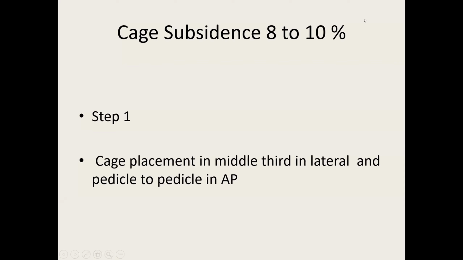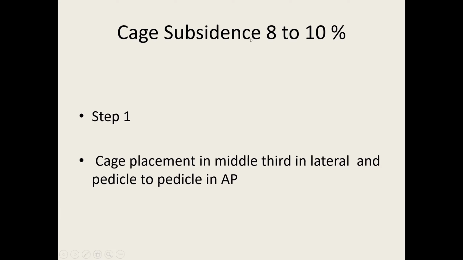The second most common complication is cage subsidence. It has been reported at almost 8 to 10%. Now, how do you reduce the incidence of cage subsidence? One has to be very careful, especially in elderly people with osteoporosis, because there is a lot of change in the density when you put an OLIF graft. So what we have done is we put just an iliac crest graft in the shape of an OLIF when we do an anterior approach, and then do posterior fixation. We do not use the cage.